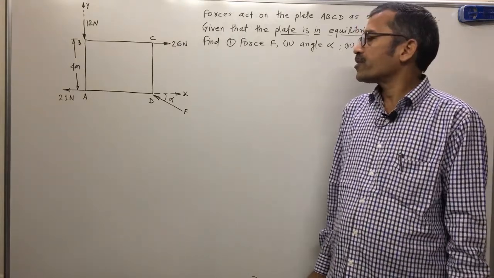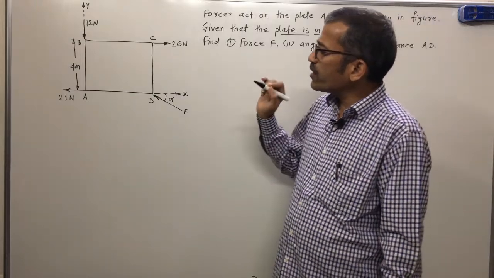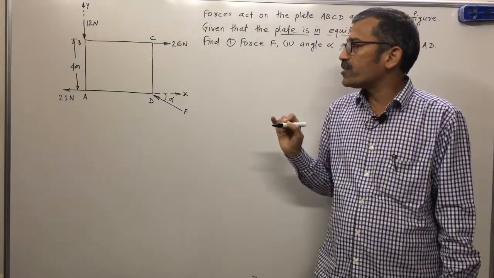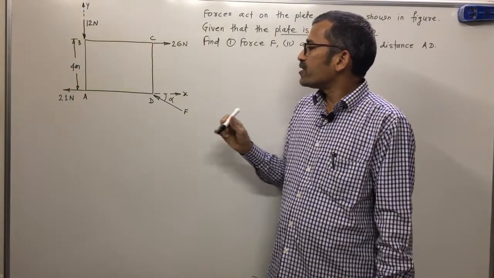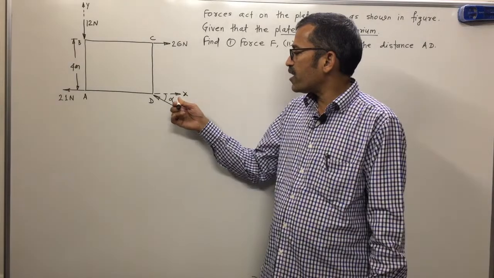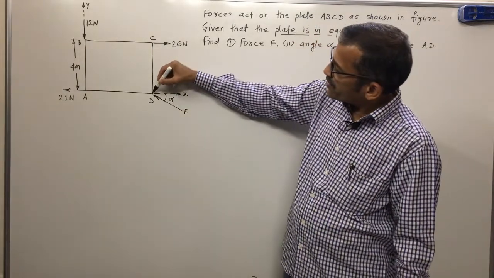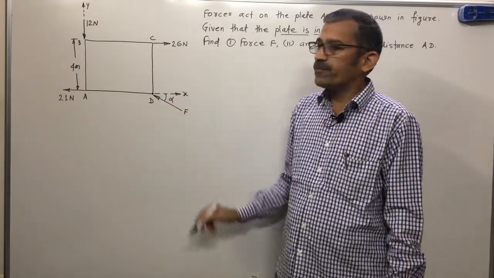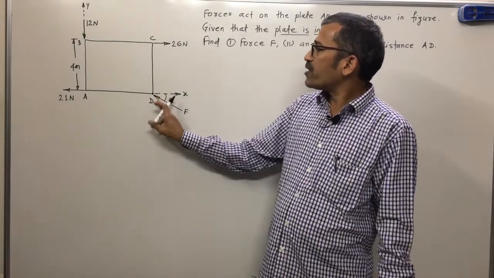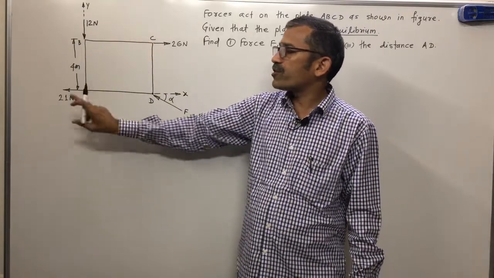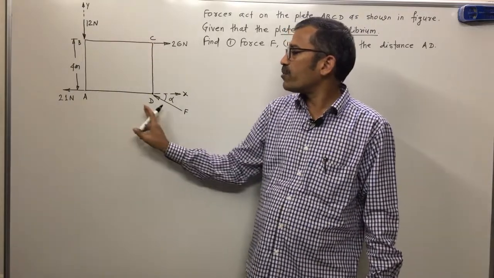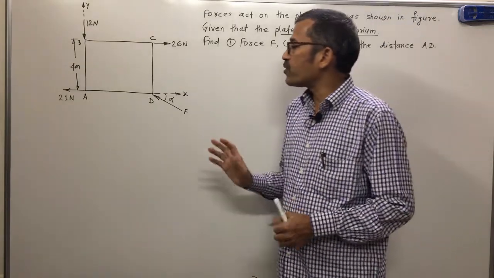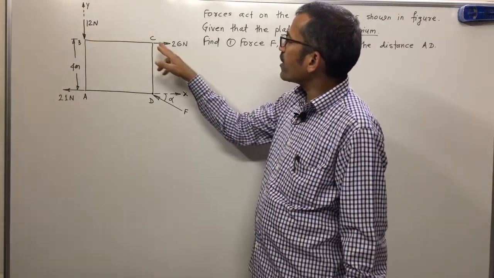Moment equation. Now in the moment equation, what is important? The moment center. Which point will we select as the moment center? See here, force F is unknown, angle alpha is unknown. If I select this point as the moment center, the moment of force F becomes 0. That means now we get moments of all known forces, and the one unknown part is distance AD. If we take moment about point D equal to 0, and one by one we try,